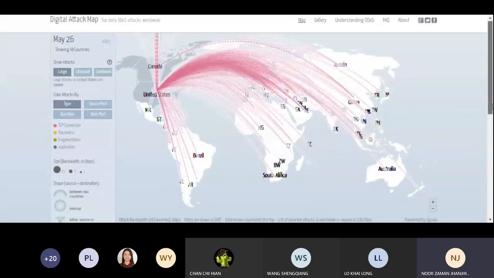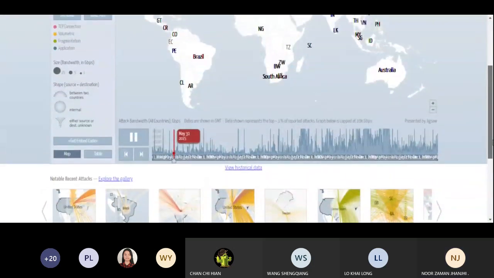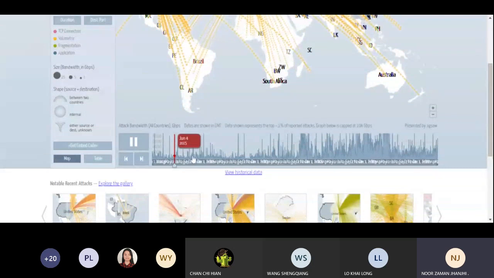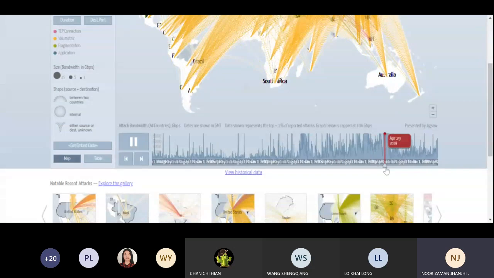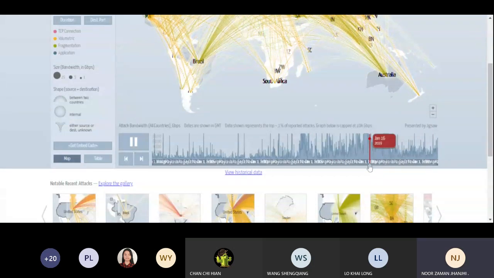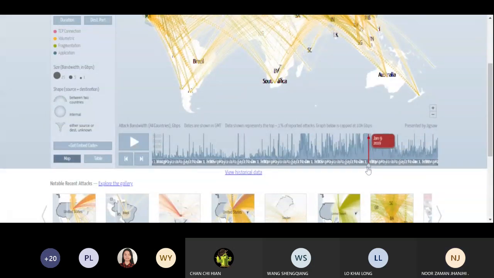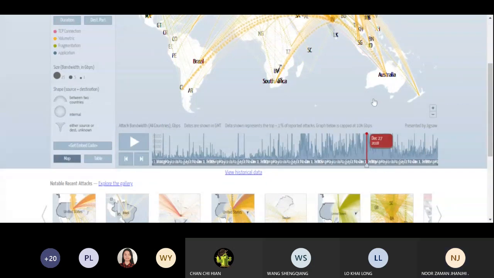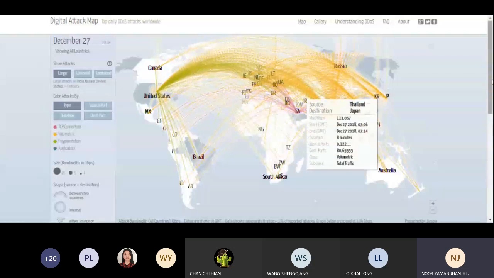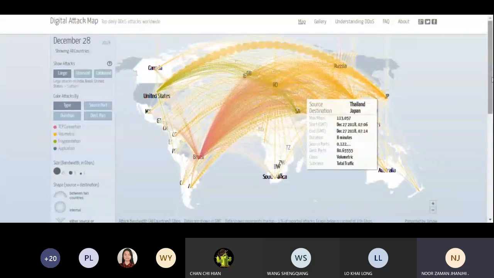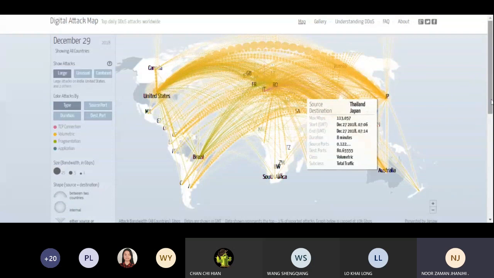So if you allow me, I can show you a bit more. You can see from this graph that here it is a bit low. This passage is having a very high attack. So I'm just taking the graph to this scenario where there are very high attacks. So you can see the difference among these. One more, yeah. So now you can see here at this point how many attacks are around the globe, worldwide.